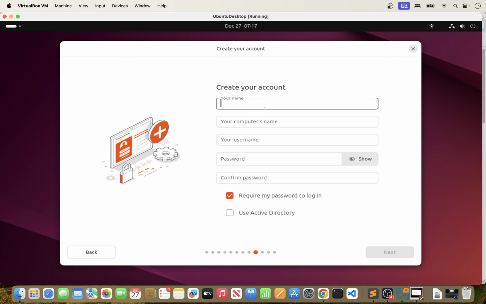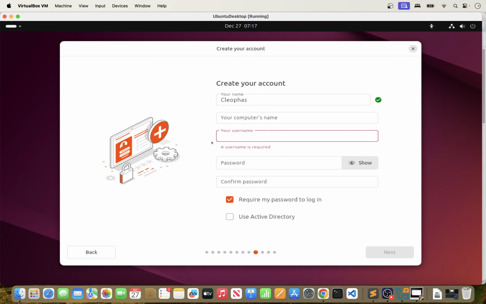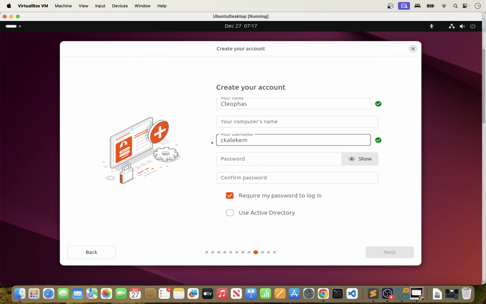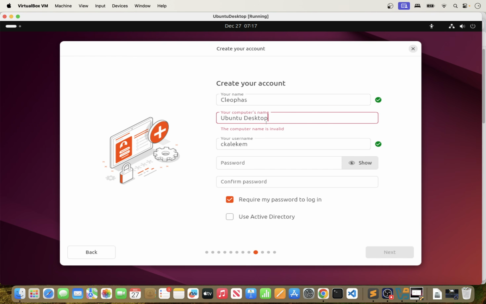And now you want to enter your name here and the name of your username. You can use the one based on your username, or you can select another one. I will actually select another one here, and for the computer's name, we will call this one Ubuntu Desktop 24,